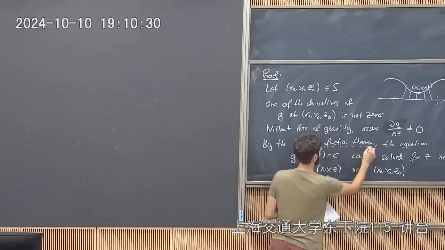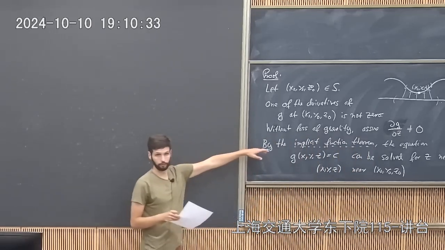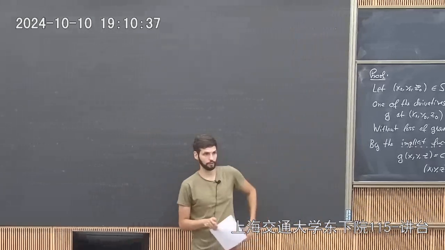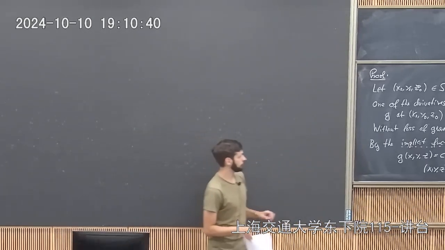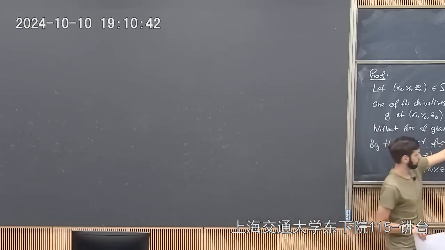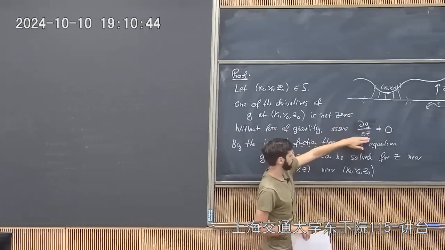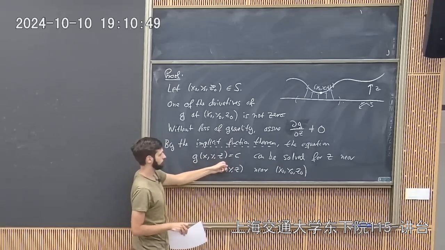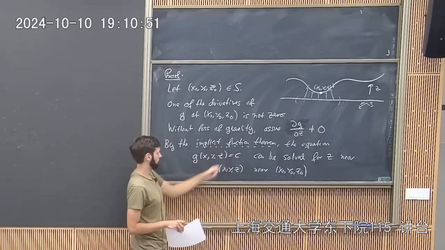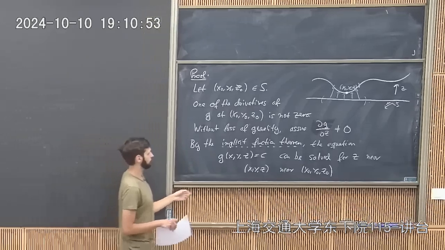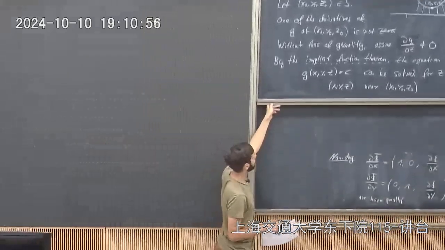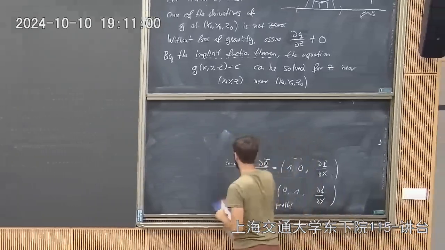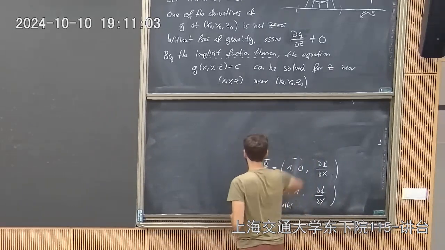It's really important. If you don't know what this word means, then just look it up, please. You should have seen that somewhere in your calculus course. It essentially says that once you have a condition that one of the coordinates is not zero, and you have an equation, then you can solve for this variable. It's also very closely related to the inverse function theorem. So we can solve for that, which means, more precisely,